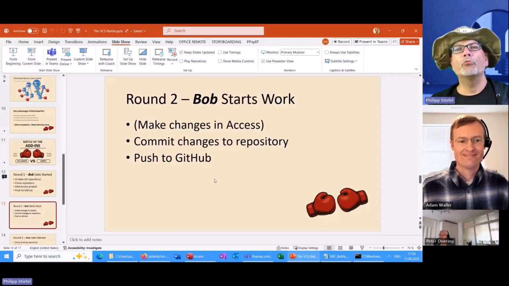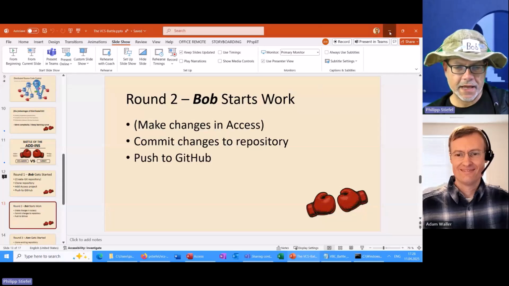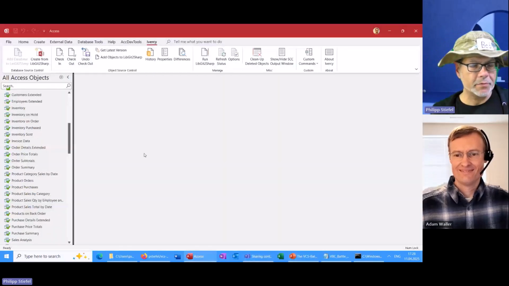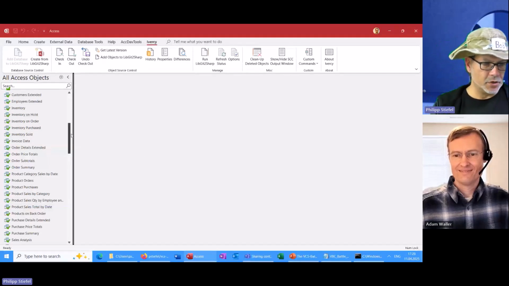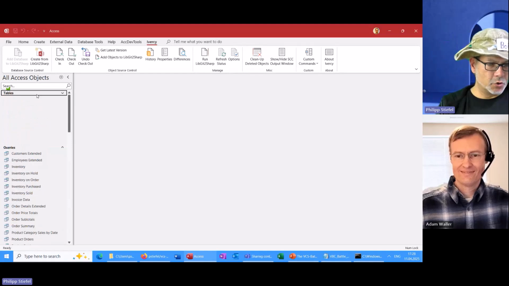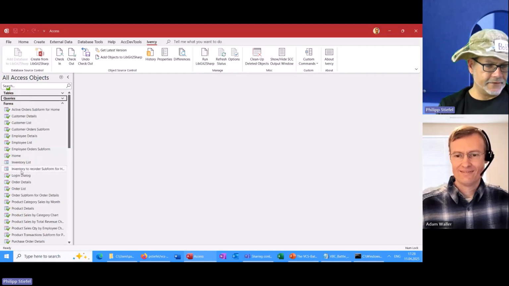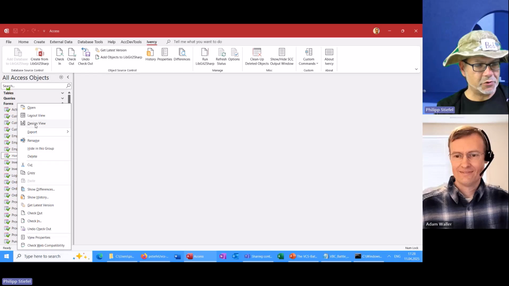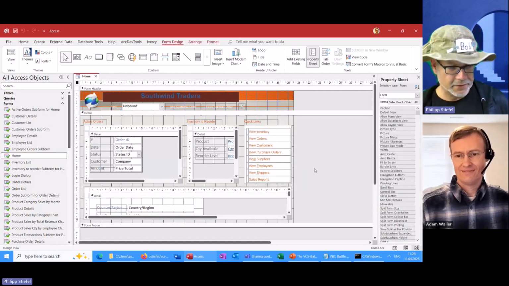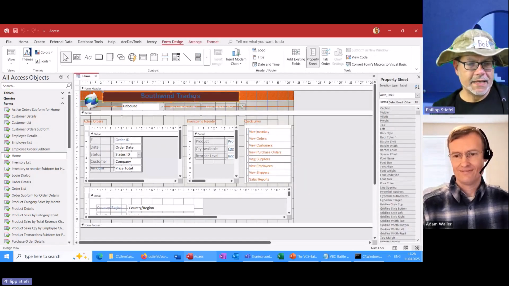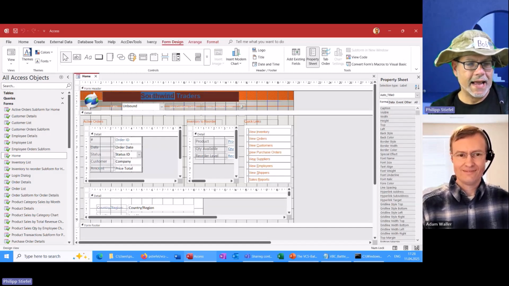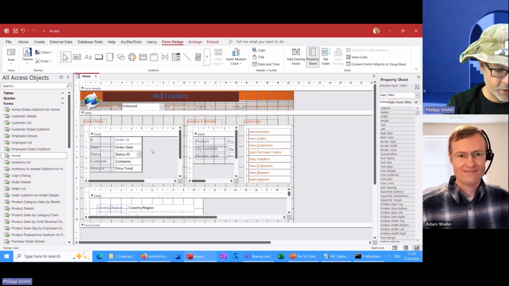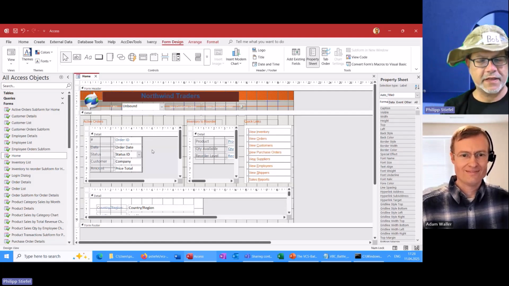And now Bob will actually do some work here. Don't run the slideshow because it will mess up things for me. Now I want to do some regular development work. And to do that in a way that is very easy for me to do here in this live situation and also visible for you, I will use the database here. It's called Southwind Traders. And I will change it back to Northwind Traders